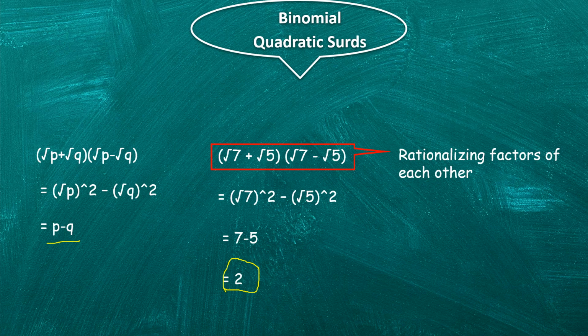Now what is conjugate? So a conjugate pair is nothing but a pair of things which are joined together. These are exactly the same except one has a feature opposite to the other. So I don't think binomial quadratic surds are quite difficult, right? They are as easy as the previous concept we have understood. Just there are joined terms, not a single term like only root 5 or root 4. They are joined by a plus or minus sign only. That is the only difference. Now we'll go forward.